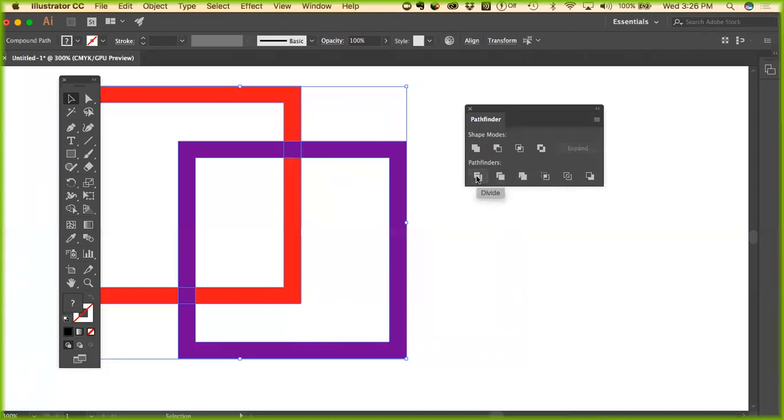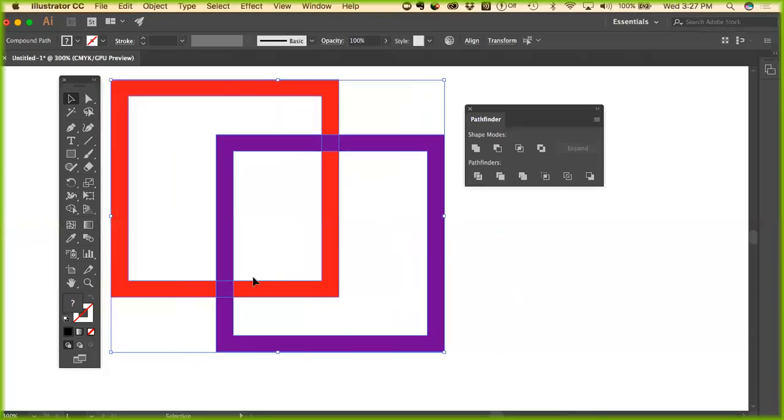And so what this is going to do is it's going to take every spot where the shapes are overlapping each other, kind of placed on top of each other, and turn that into its own shape. And then we're going to kind of go from there. So divide takes, we start out with 2 rectangles. Suddenly we're going to have 4 because these little guys are going to become their own rectangles. So we're going to click on it, and